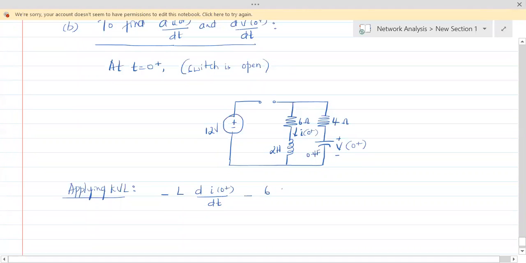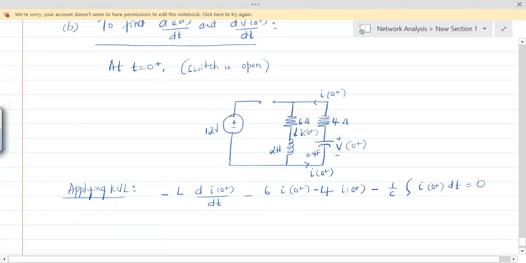Also, there is 6 I of 0 plus. We are moving in clockwise direction, and I of 0 plus is moving opposite to our direction. Then comes 4. It's minus 4 into I of 0 plus, because when I'm moving like this, I of 0 plus is going like this. Everybody understand that? So it's again minus 4 I of 0 plus. Then comes this. It's minus 1 by C integral I of 0 plus dt